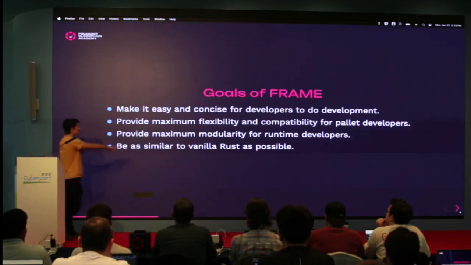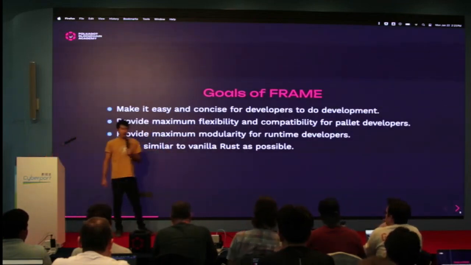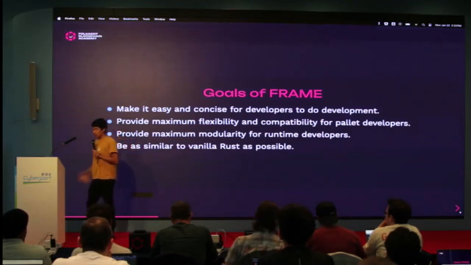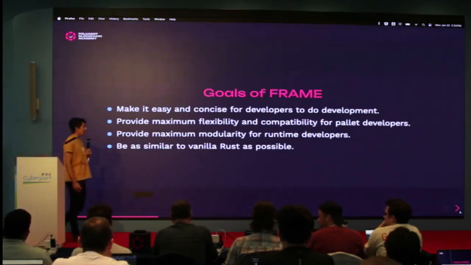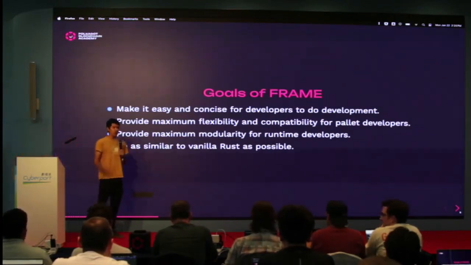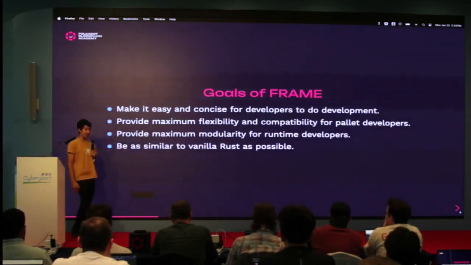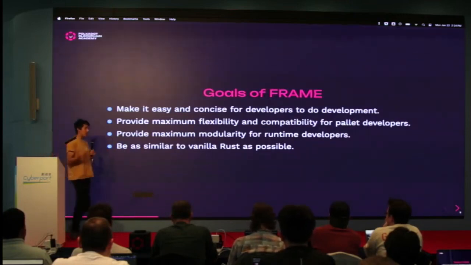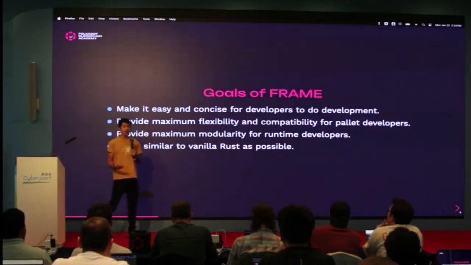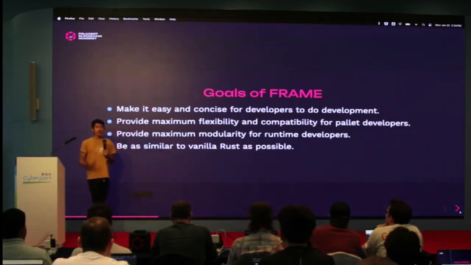And this last one, the history of Frame, is very interesting too. As you might know, Dr. Gavin Wood was the inventor of Solidity, which is the custom language for smart contracts. When we were first developing Frame, it was called SRML, the Substrate Runtime Module Library. This is way old stuff. And I think his original approach was to build another EDSL, build another custom language for building this stuff out, similar to Solidity. I think one of the things we realized is that we should take advantage of the fact that